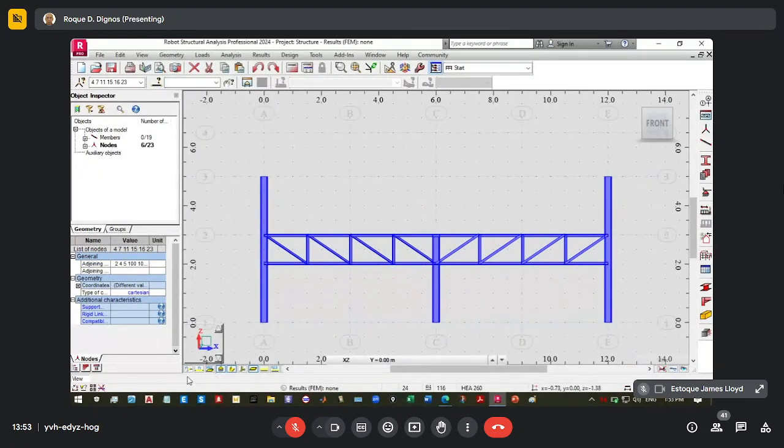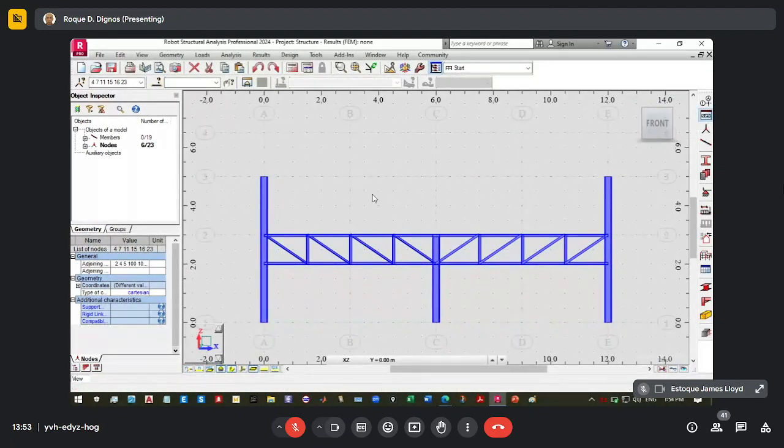So if you check, the nodes are there, node here and here. But the members stayed also. Member number one for this long column, member number two, and member number three. So we try to remove that, could be a distraction.